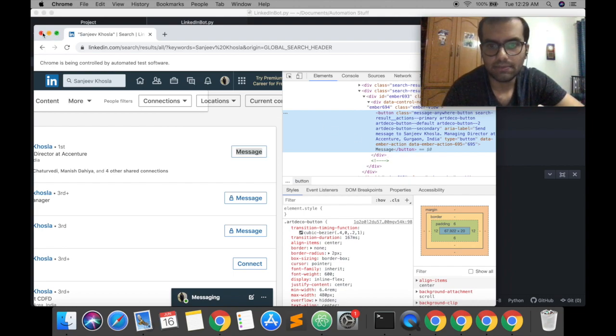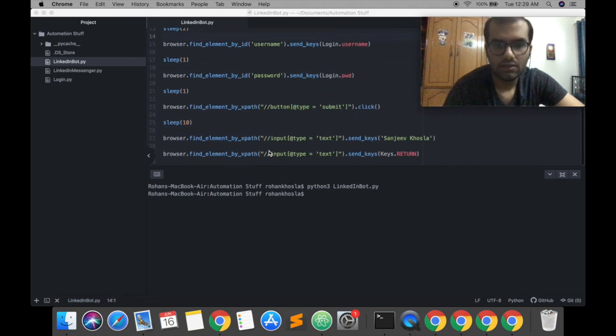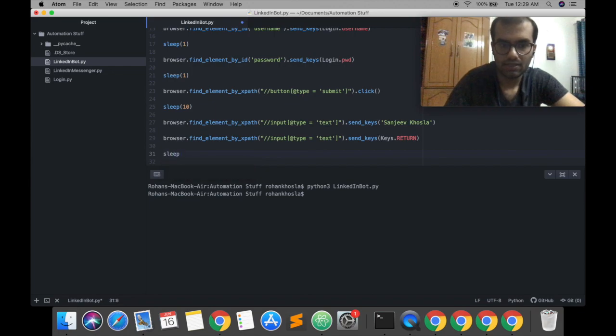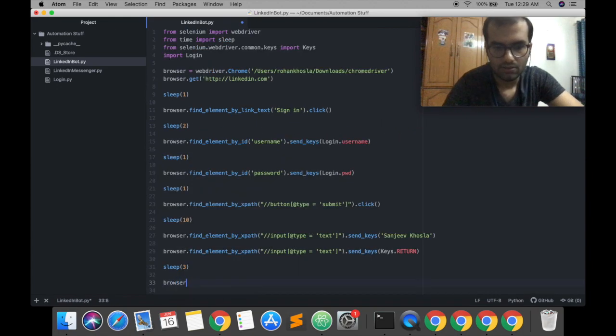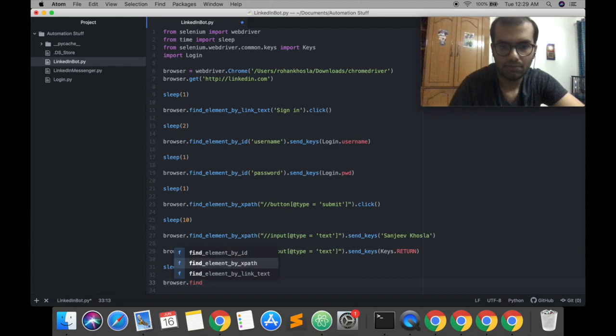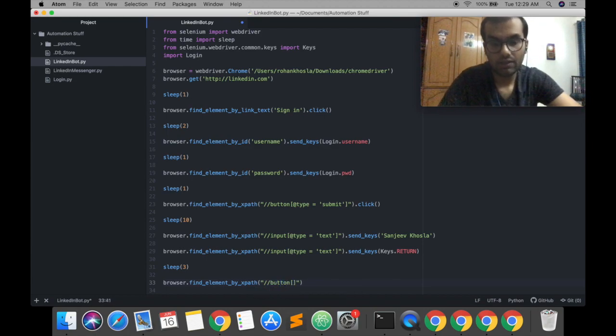So we'll close this tab and we're gonna let this sleep for some time because it needs to load the HTML. So we'll let it sleep for say 3 seconds. We're gonna call the button. So find element by XPath, button. Now over here things get different.